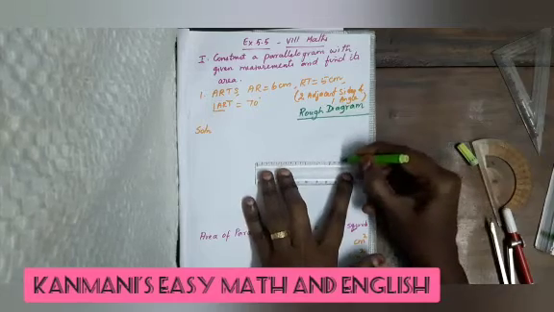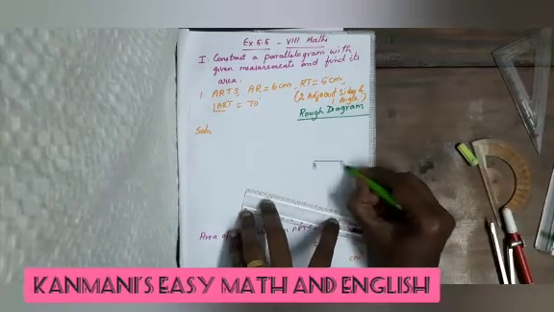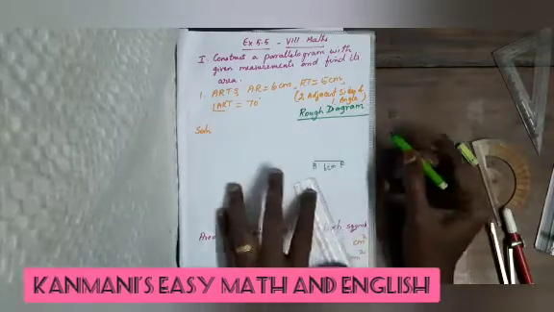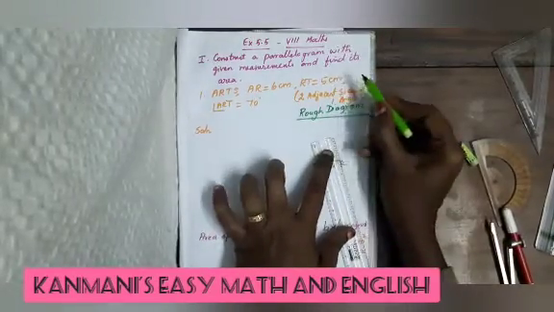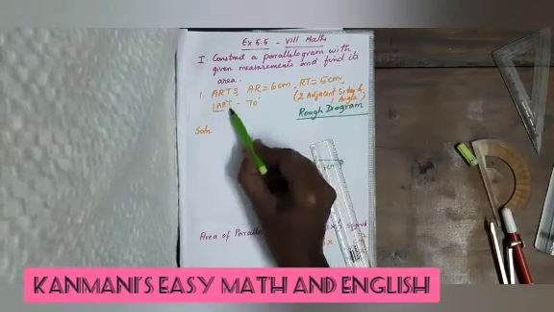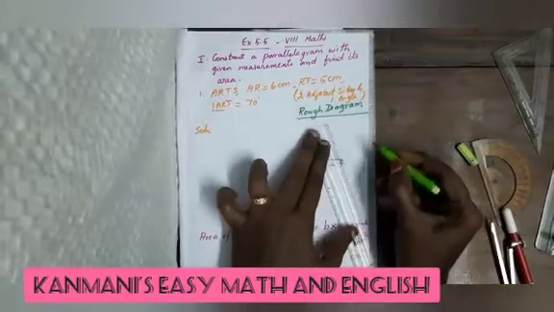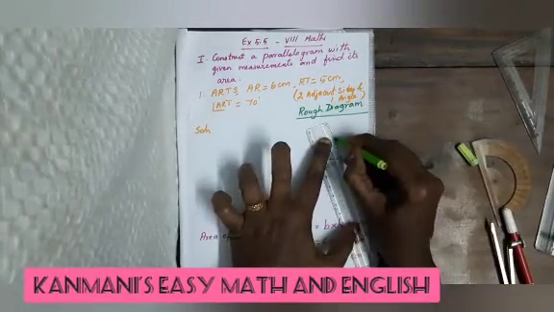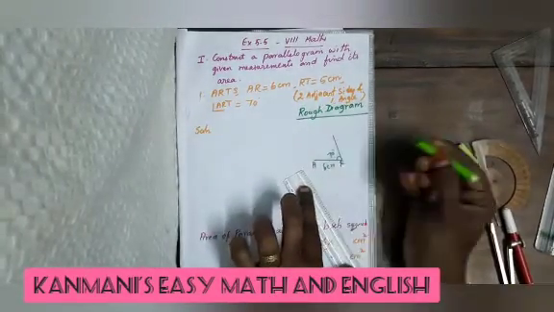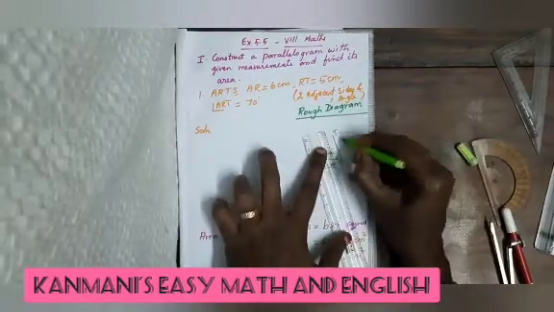AR is the base of this parallelogram, which is 6 cm roughly. Then RT is 5 cm. Before going to that adjacent side, an angle has been given. Angle ART is equal to 70 degree. So ART should be above, which is 70 degree, which is an acute angle. Now we can draw RT. RT equal to 5 cm.